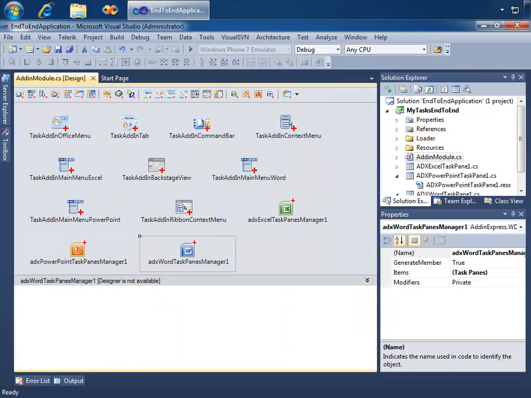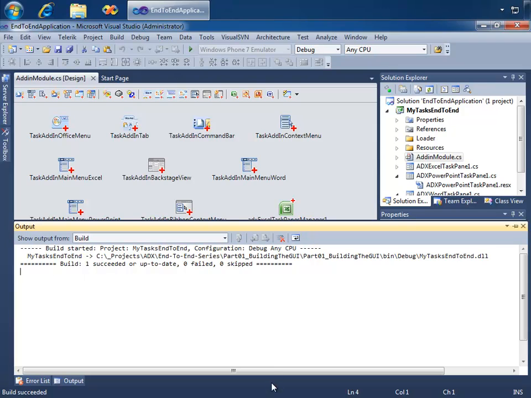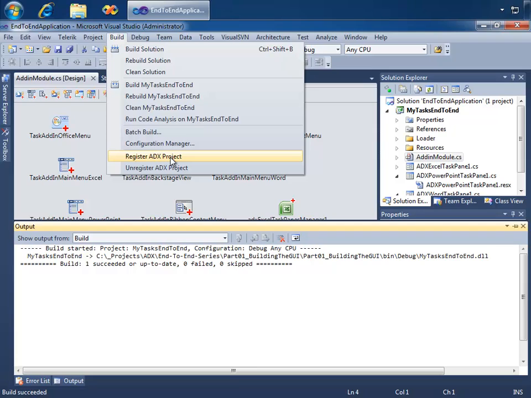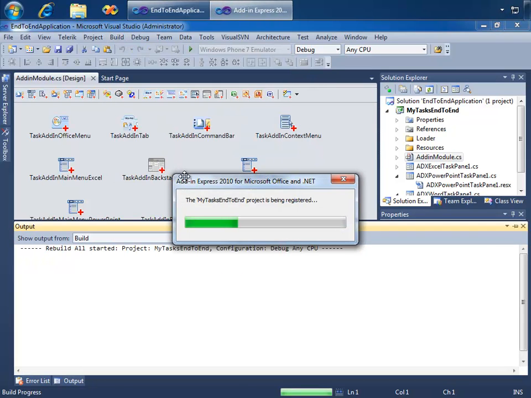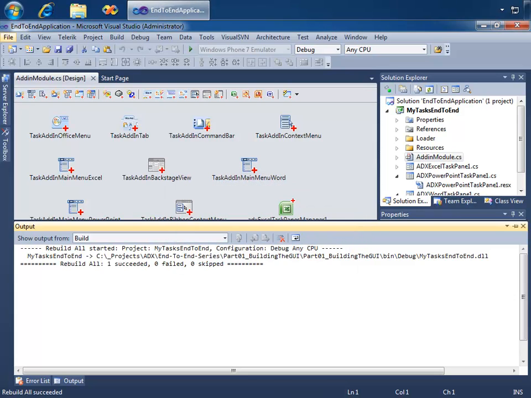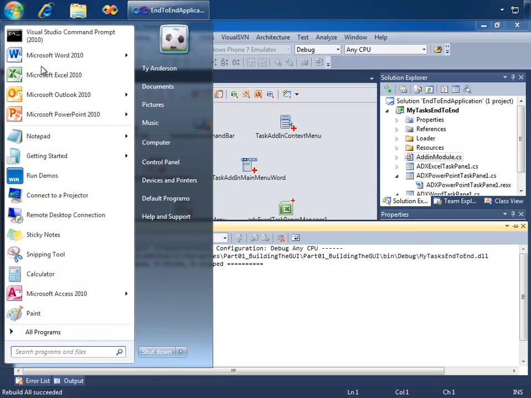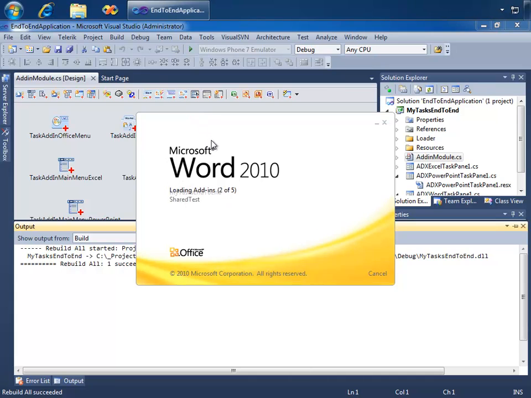Now let's go ahead and try this out just with a quick demo of each of the applications, and we can see the task panes in action. So I will go to the menu of Visual Studio and I'll say Build Solution. And now that the build has succeeded, I need to do one other step, and that is to register the ATX project so that the Office applications will know it exists and will run it. And now that that has succeeded, I'll go ahead and open up Word, Excel, and PowerPoint, and we can see